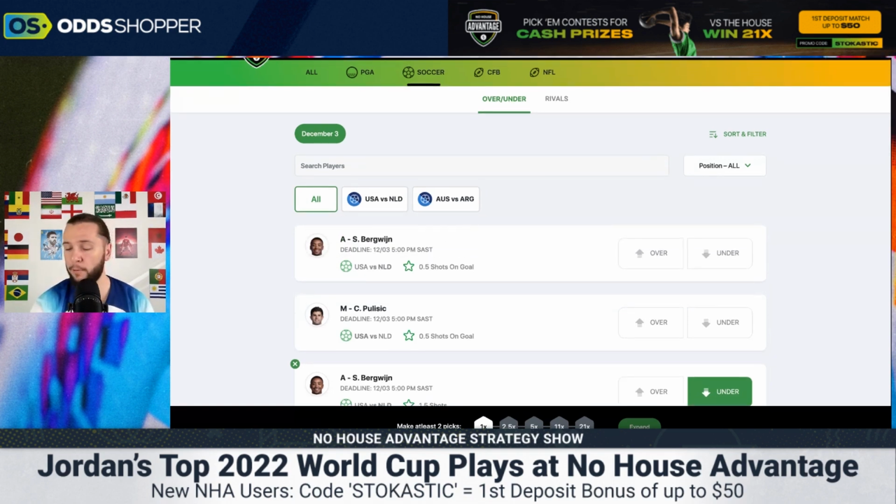Then the second player I want to look at is obviously Christian Pulisic. Now, I do think USA are going to have a chance or two. I think Christian Pulisic is going to have to take a couple of shots from outside the box. It is going to be difficult for them to breach the defense of Netherlands, but they do have some pace, and they potentially could. I also think that the USA will be looking to win this in 90, because the